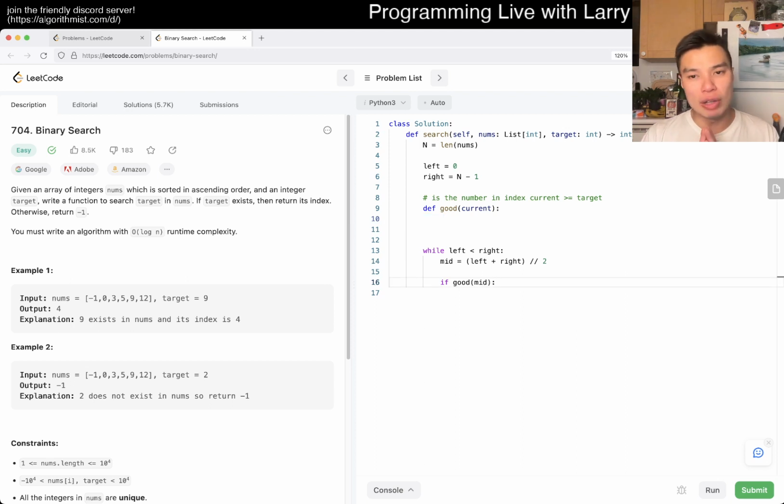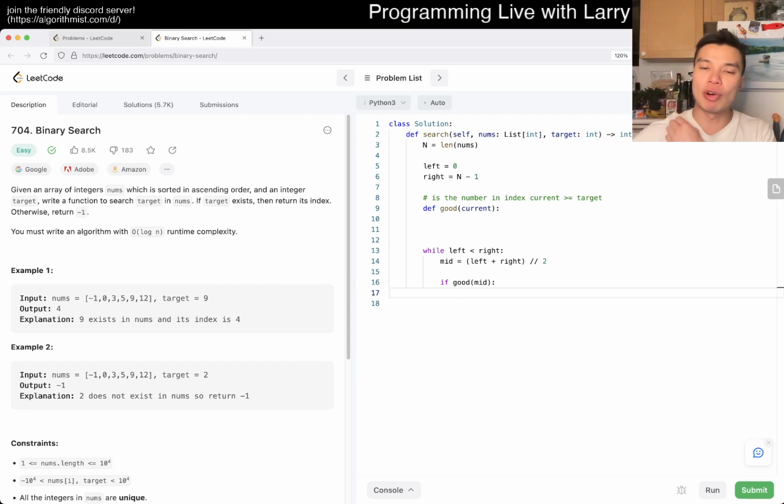Even without implementing this, we can just ask ourselves, if it's greater than or equal to, what does that mean? That means that mid is a possible answer. So then, because it's a possible answer, we want to see if we can get a smaller answer.